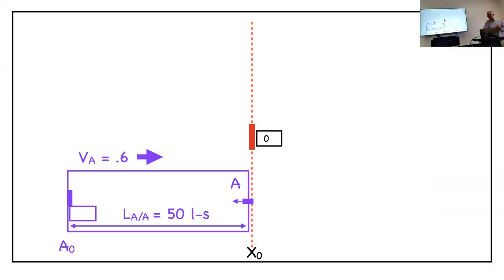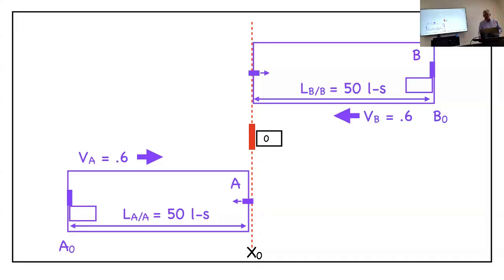Let's check on this one other way. I want to say that we've arranged things so that there's one more event. Something else happens at event one. So now the laser beam is shooting its light up above and down below for us. And now we've got B spaceship, and it's going this way, 0.6. So what I'm trying to say here is we've created a situation of perfect symmetry. So symmetry alone should